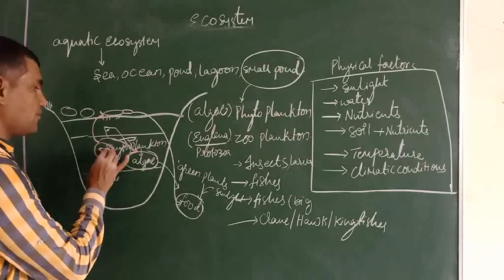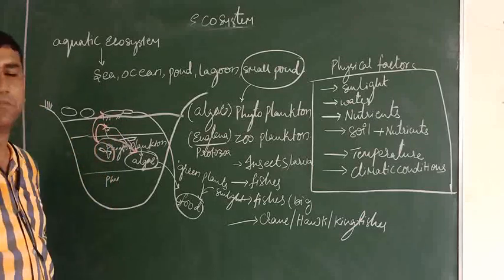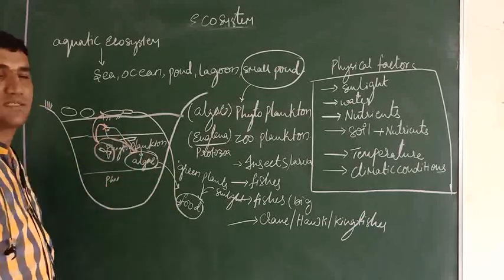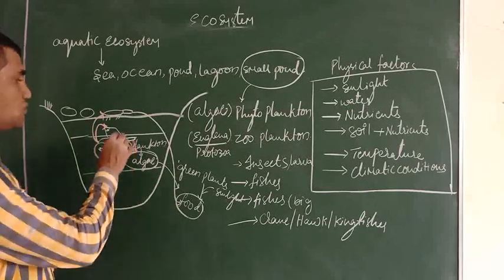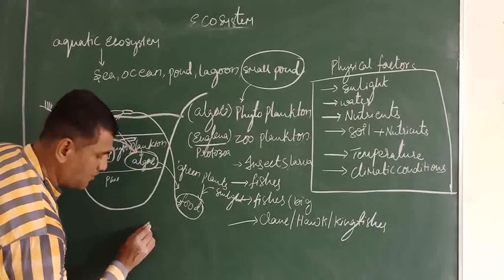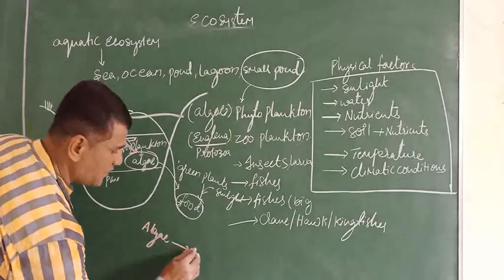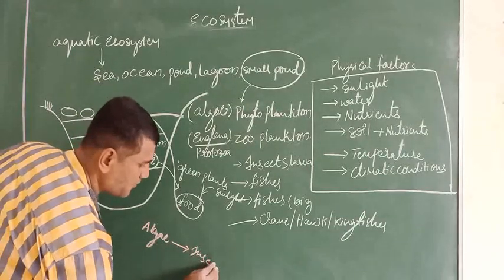They accumulate the food, and it is also taken by the other group of animals. So here there is a continuous movement of food, from the algae to insects,